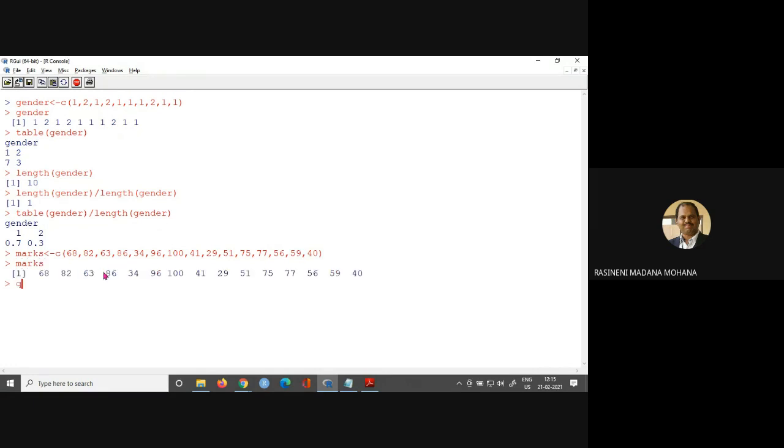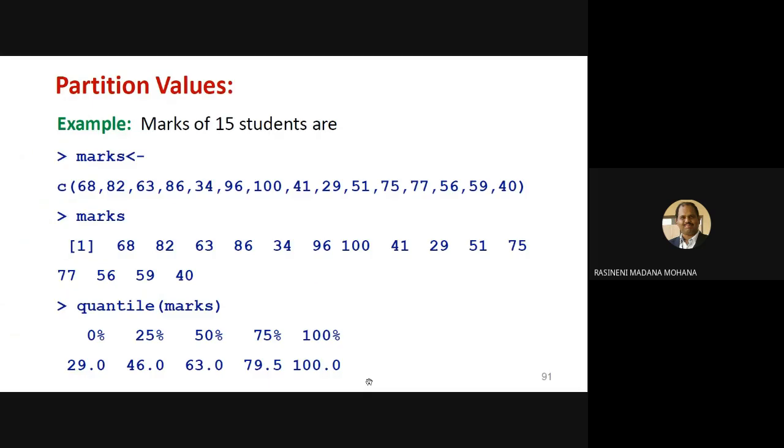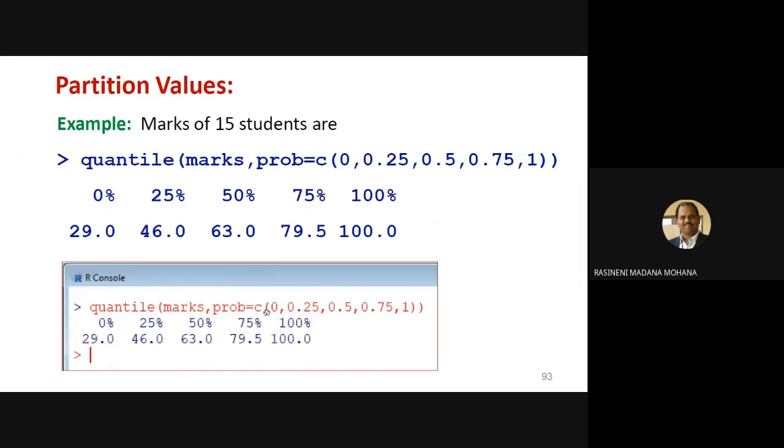Now you can apply quantile. Quantile of the vector name, simply marks. Now you can see the default partitions: 0, 25%, 50%, 75%, 100%. The data is distributed with these partitions. Then with our own probabilities also it is possible.